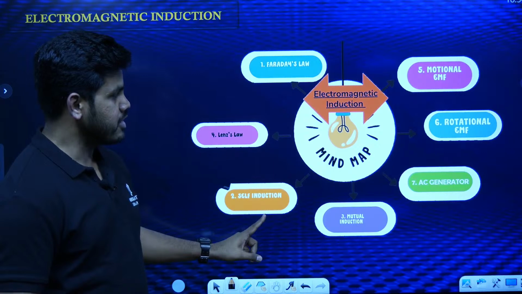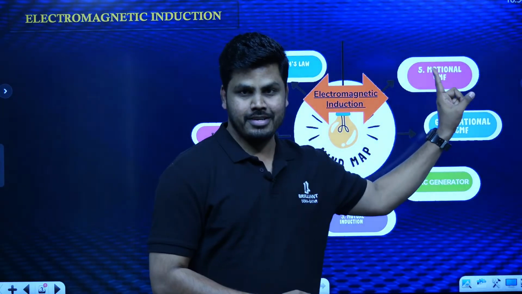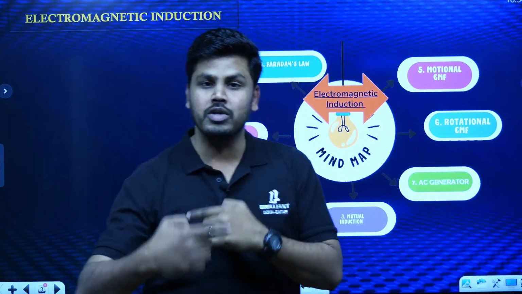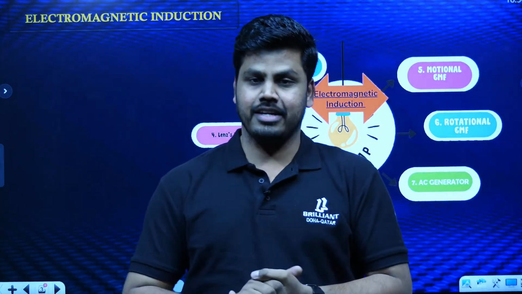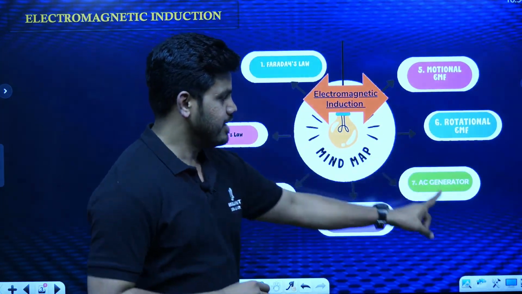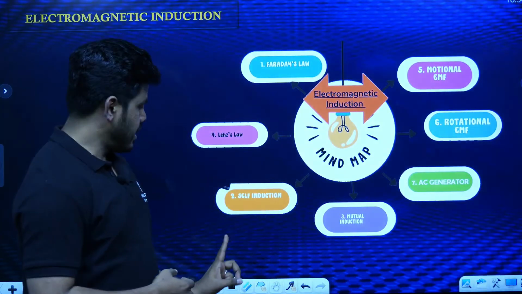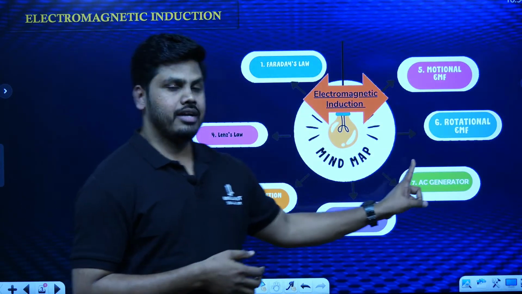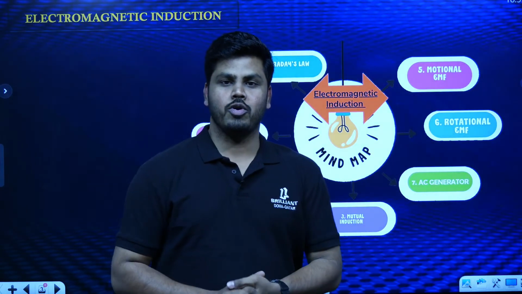Followed by that, we have self-induction. Before that, we have motional EMF, then rotational EMF. We have rotating rods, we have a rotating disc. That kind of concepts we learn from the chapter. Then followed by self-induction and mutual induction. We have numerical questions from both of them, and the generator. AC generator is the last topic from